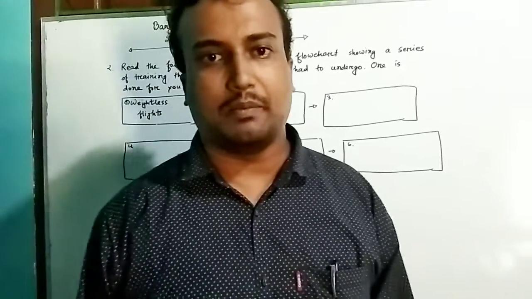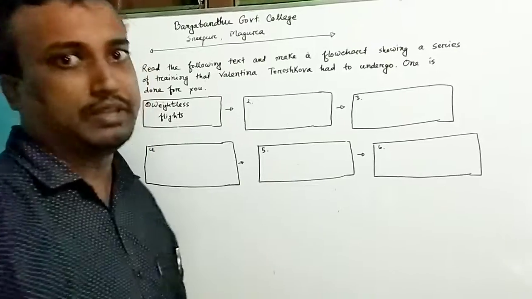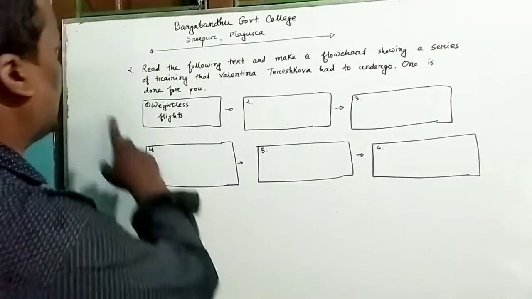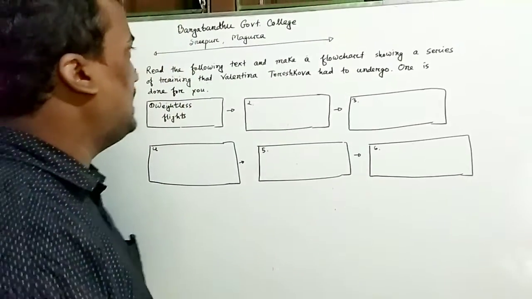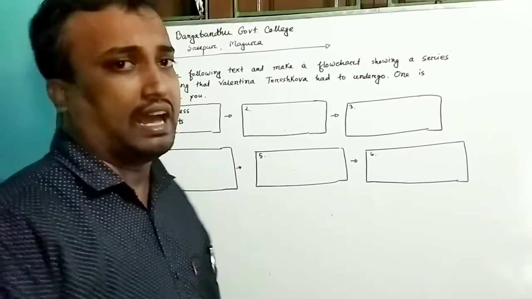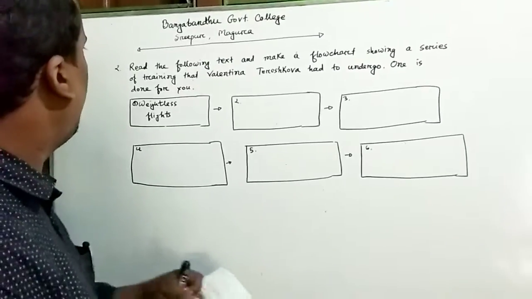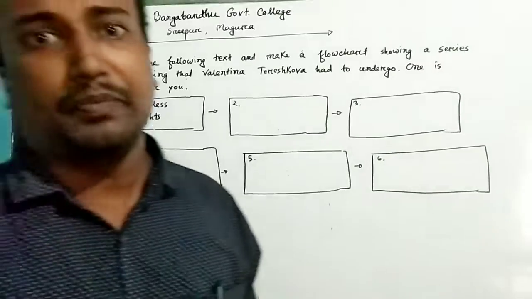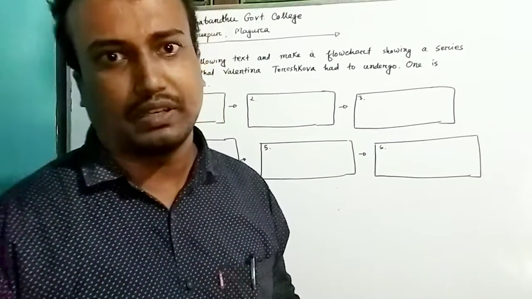Dear students, I am back here to teach you about flowchart, which is included in your first paper, question number 2. In the previous class, you have already watched how to write a flowchart. So this is the second class on how to write a flowchart. So what is a flowchart? A flowchart is the shape of an algorithm according to the computer language.